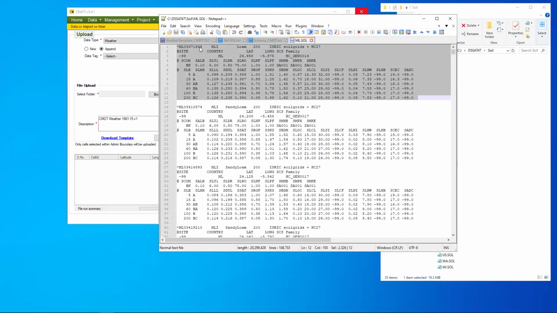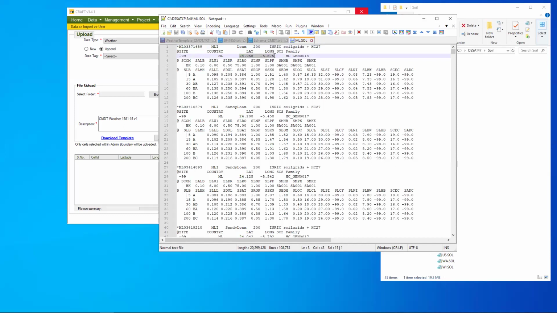It starts with 2 letters, ML, and the file is itself called ML. Then comes the number, but the code itself is the entire word, ML etc. It also contains latitude and longitude